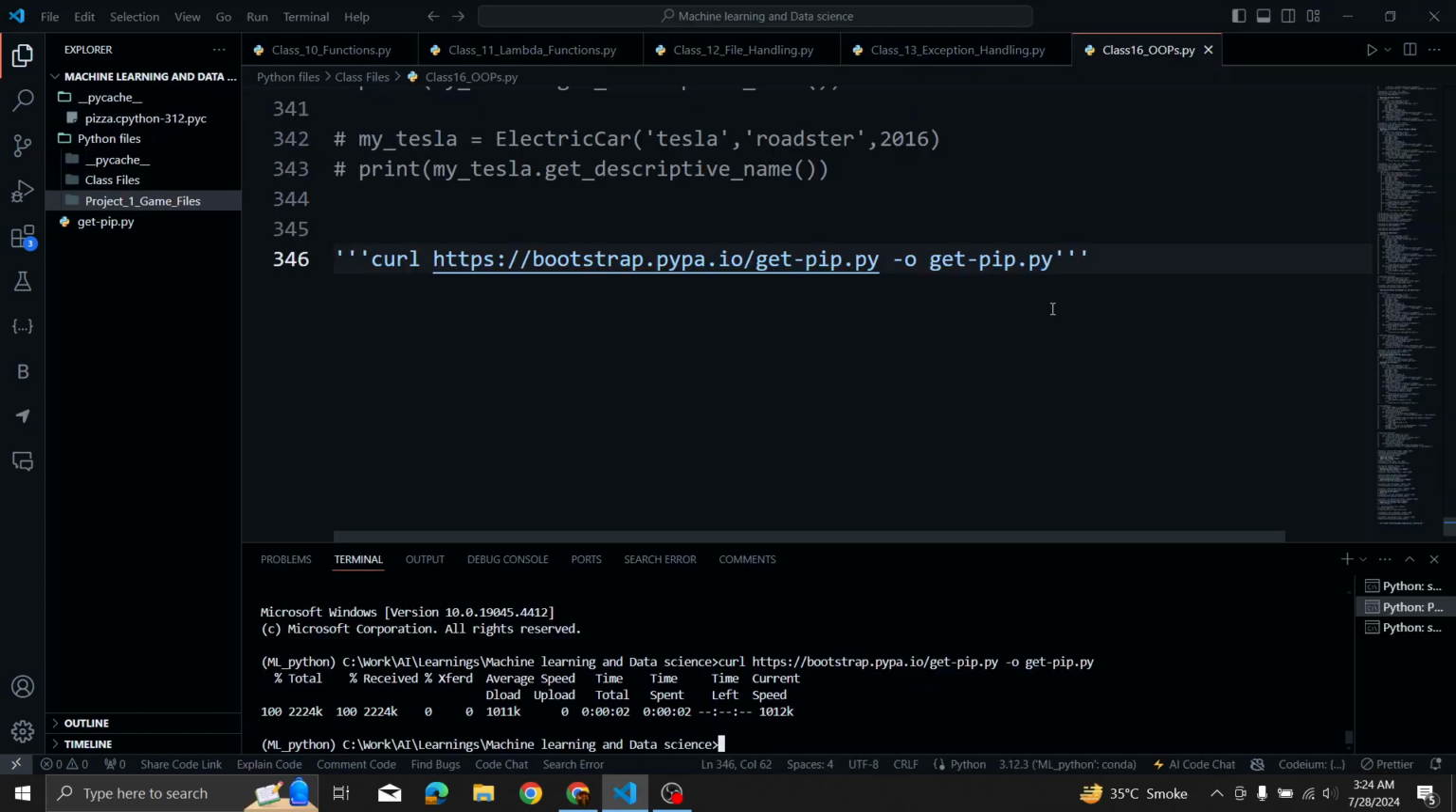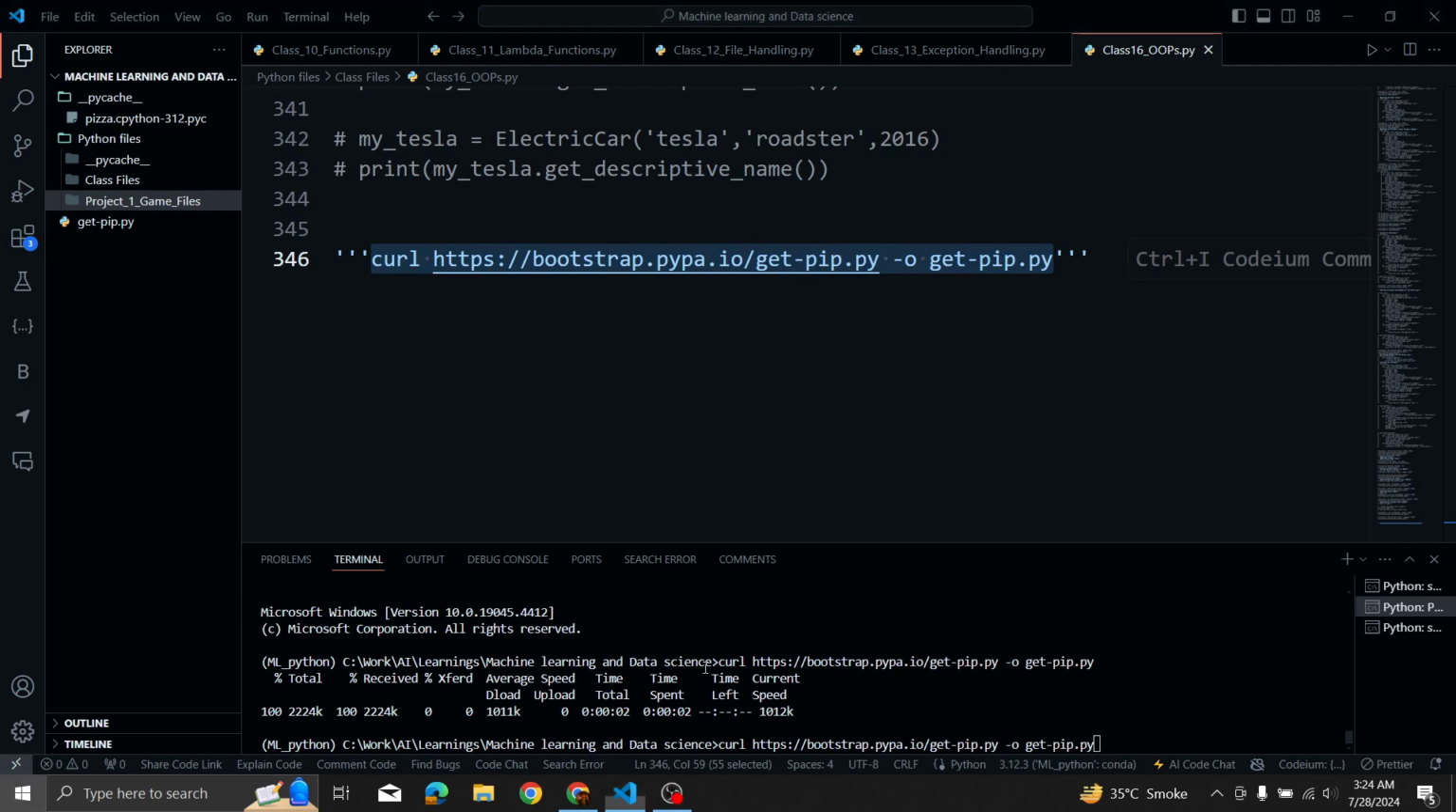For this class, you are going to need pip. If you try to install something like pip install pandas and you get an error, in order to fix that, you need to copy this command, that is curl this address and then get-pip.py. Copy this, paste it on your command window, on your terminal window, or your Anaconda, and make sure that